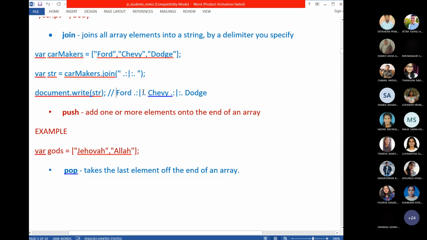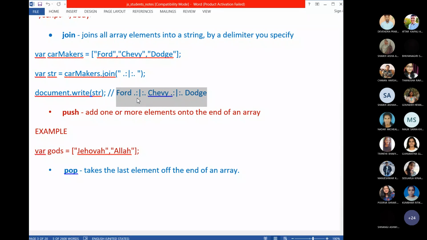Now there is no comma, look here. So the result is not an array. You give input as an array, but what you get is not an array, it is a string. All the array elements in a single array will be concatenated with the delimiter which you have given, and converted to a single string.